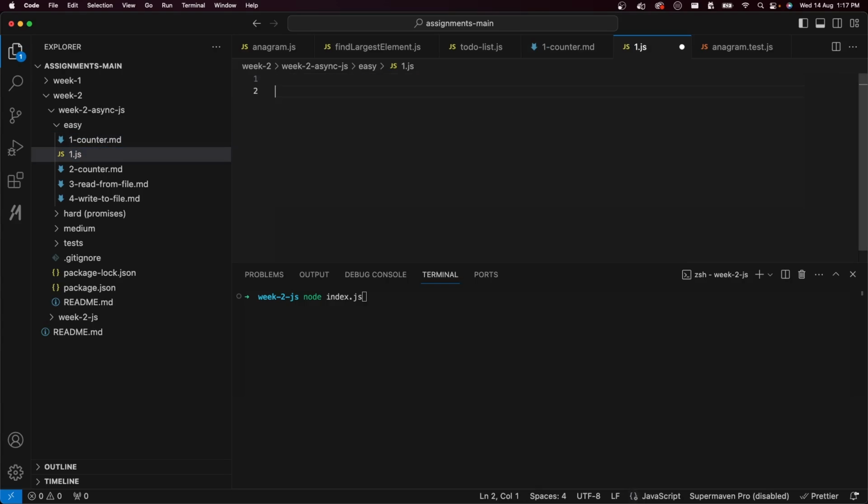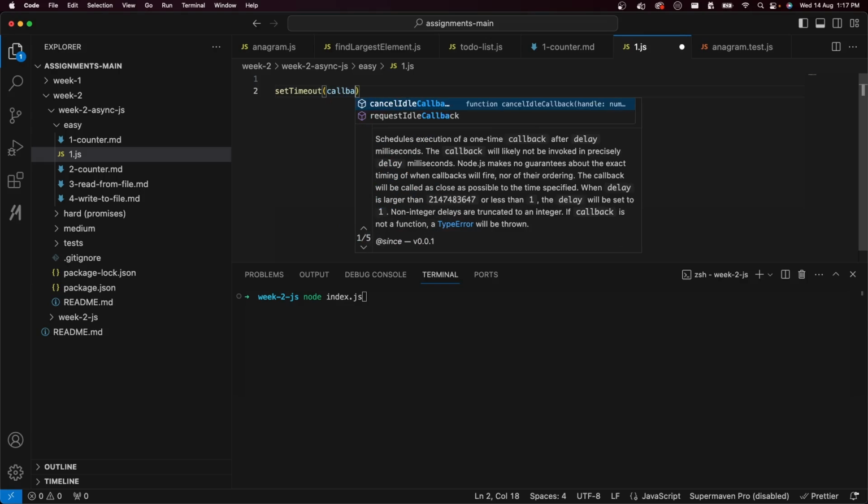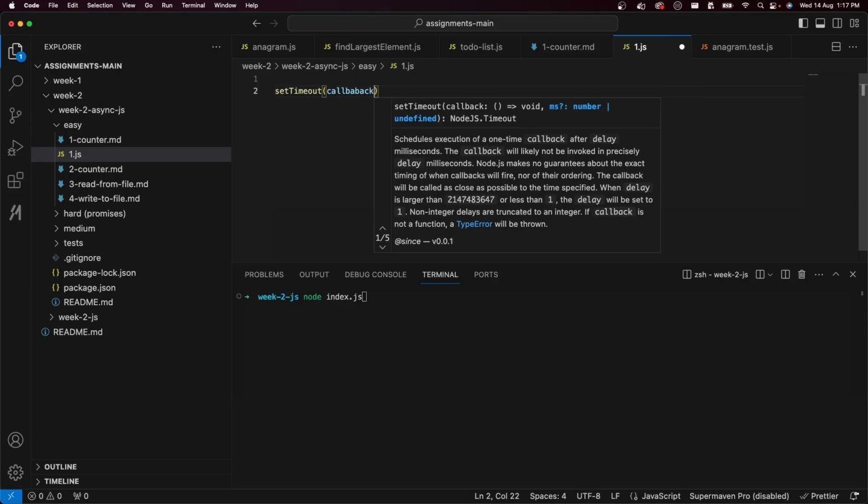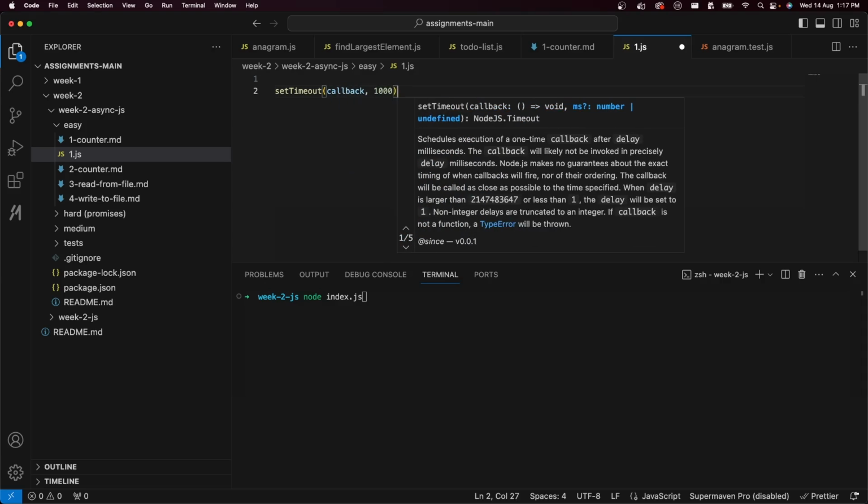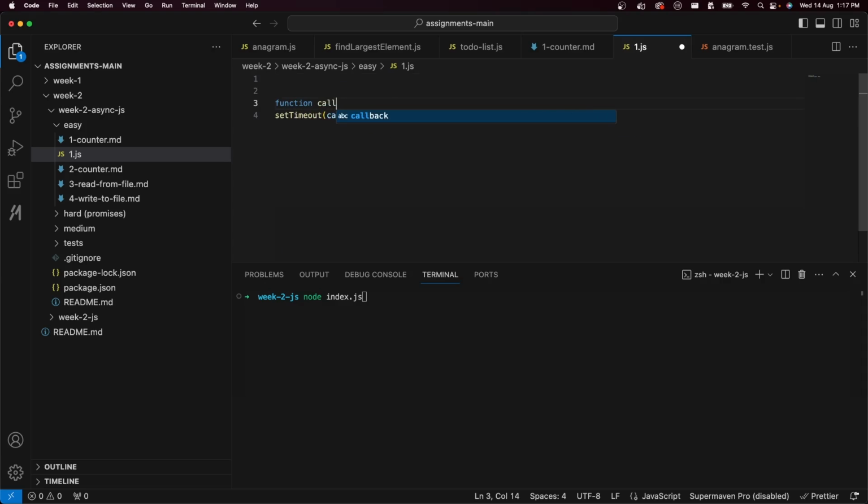How can you create it? Have we discussed setTimeout until now? We have. Okay, bhai, if you call setTimeout with some time, for example, 1 second, after 1 second the callback function will get called. So this gets called